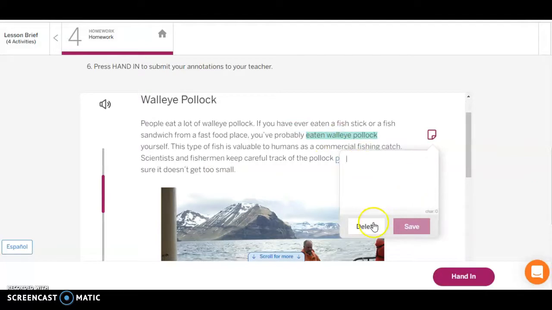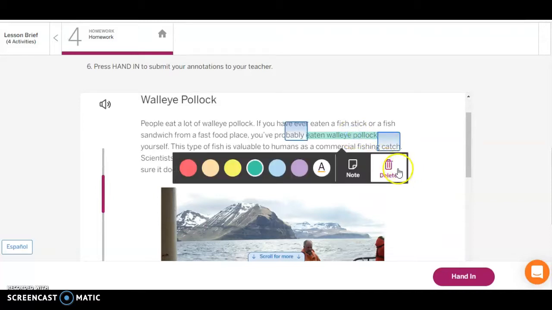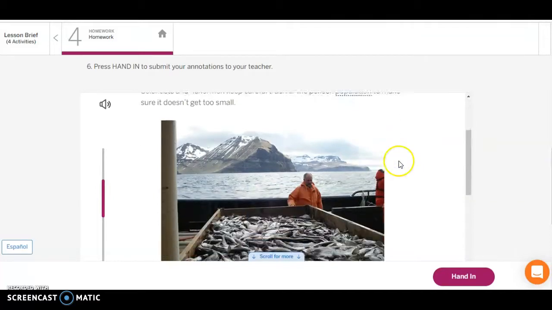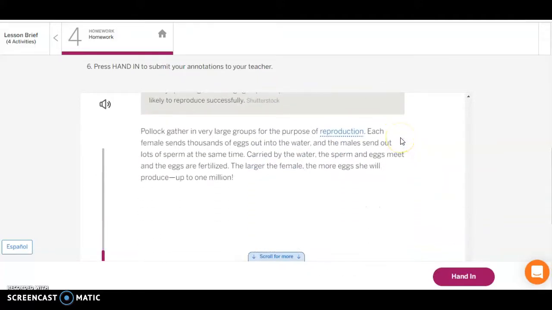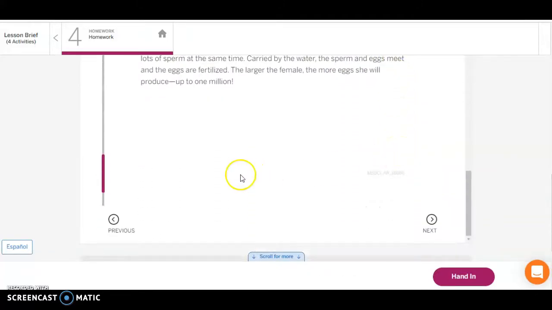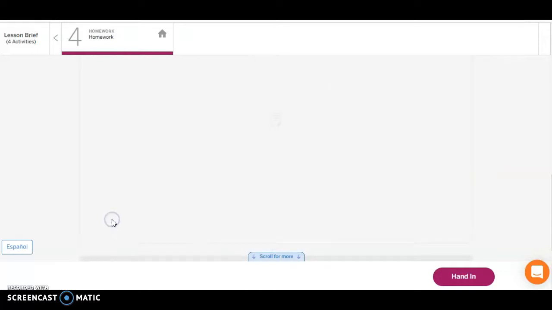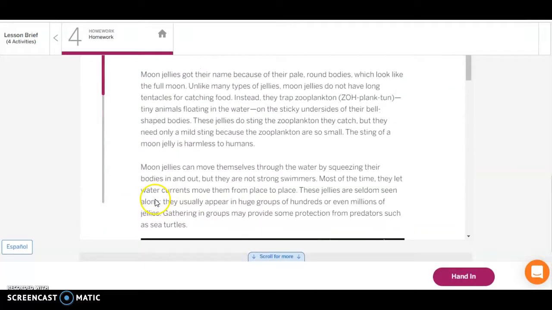When you make a note, I want you to put in your note why it's important. Why is the information that you just highlighted important to have highlighted, and why do you need to keep track of that information? That's what annotating is. So you should make a couple annotations, and remember, you want to do the introduction, which I will go back to,